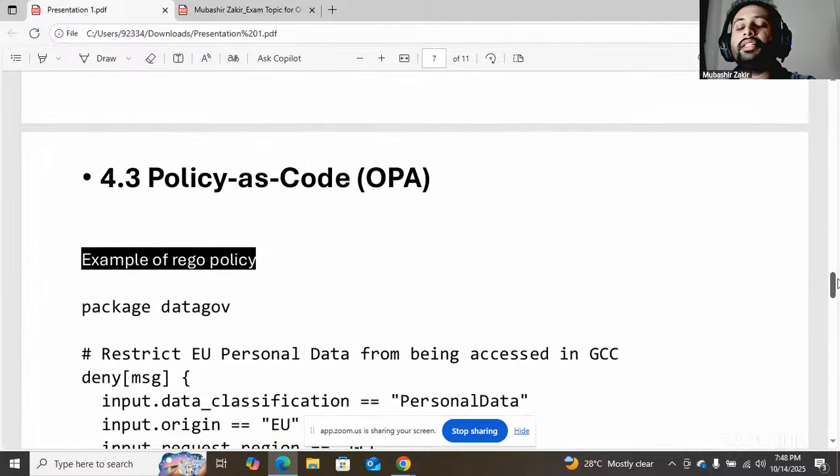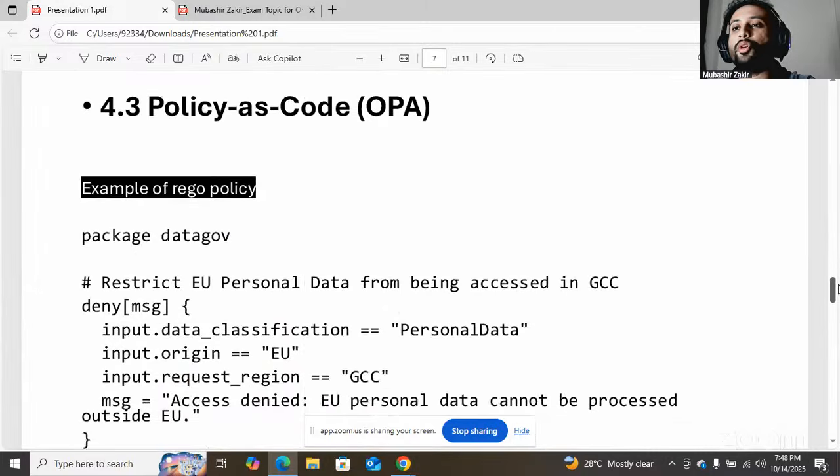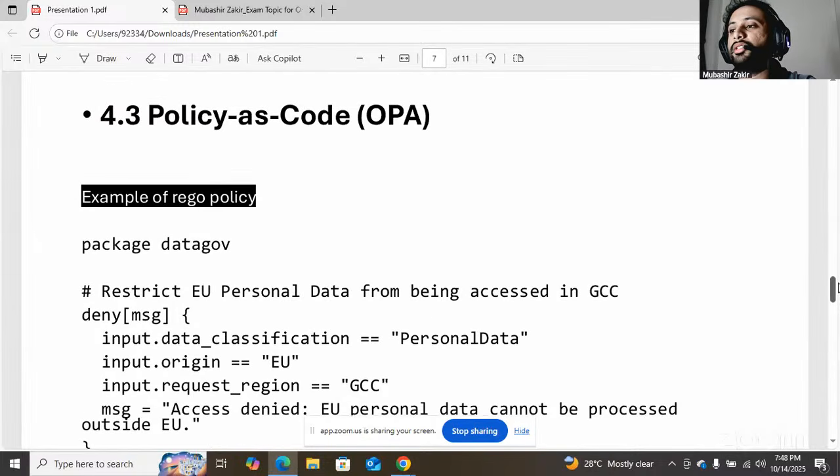Then the main thing we have is policy as code, in which we use Open Policy Agent, which is an open source policy enforcement tool, and it uses a language called Rego. And what does it do?